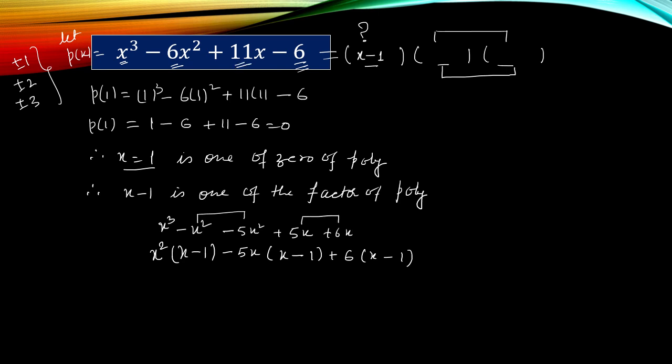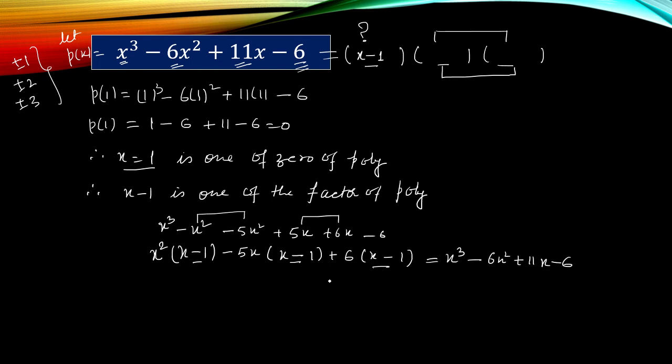Our third task is completed now. Whenever plus 6 is multiplied by minus 1, we will get minus 6. And now the last task is also completed now. So we have multiplied these three x minus 1 with x square minus 5x plus 6, and we got the polynomial again. What we got? We got x cube minus 6x square plus 11x minus 6.